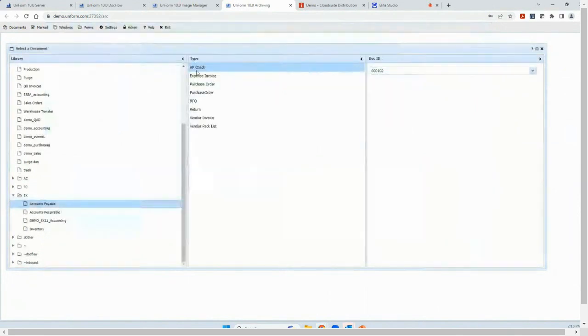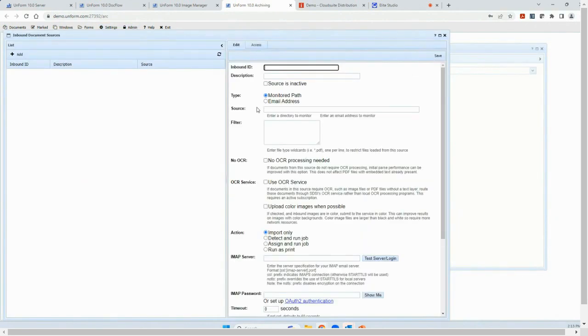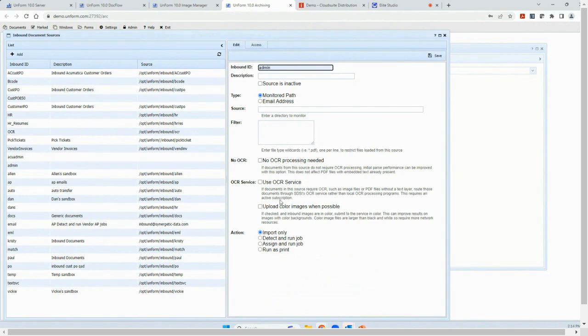So archiving is where we store the documents and link them together based on common indexing information. Regardless of how they're coming in, if they share PO numbers, invoice numbers, whatever that index information is, they're linked together so that once you've found one end of a transaction, it's very easy to find the rest. Then within archive, this is where you configure our inbound sources. And again, the inbound source is where we're looking for documents.